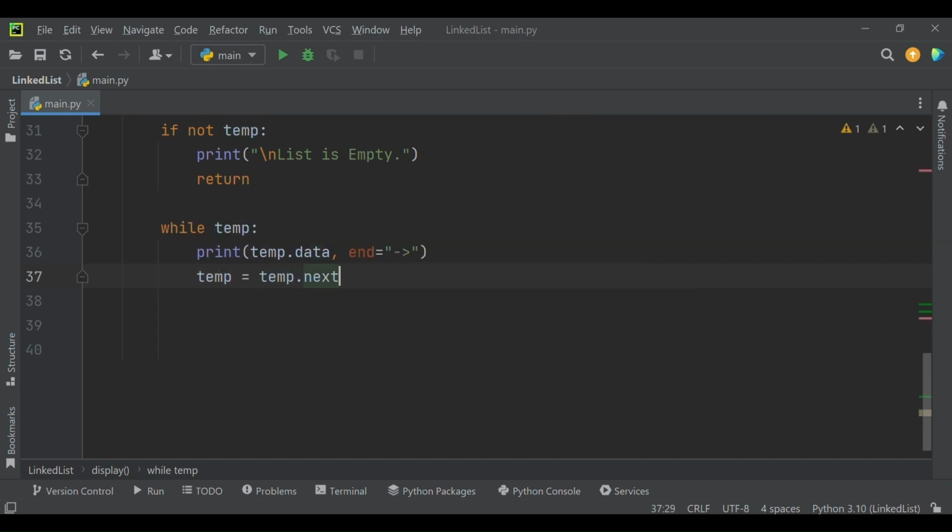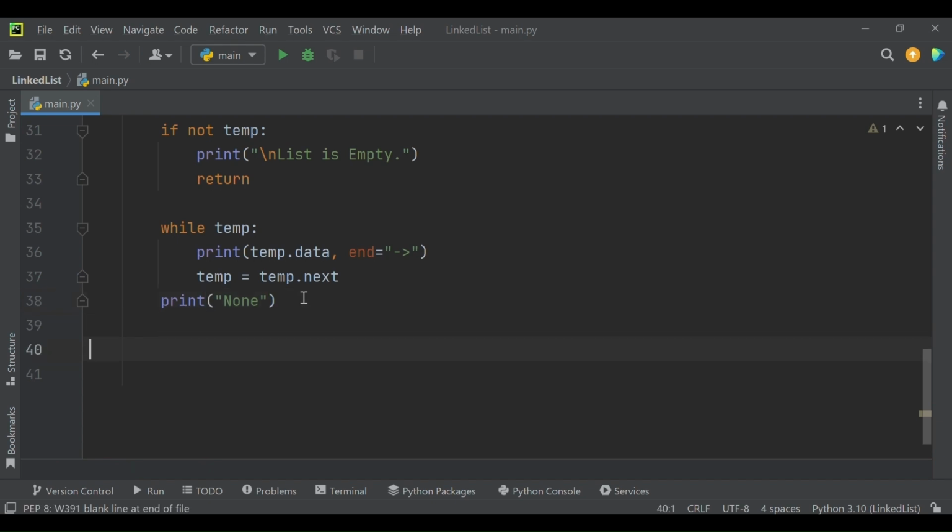So we will change, or you can say update, the current address to the address of the next node in the list. Once the loop ends and the traversal is complete, at the end, to indicate the end of the list, we will print none.